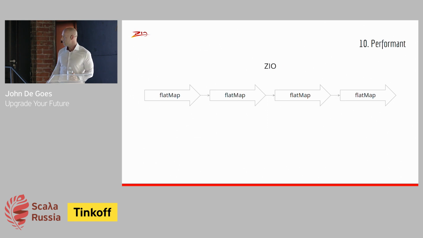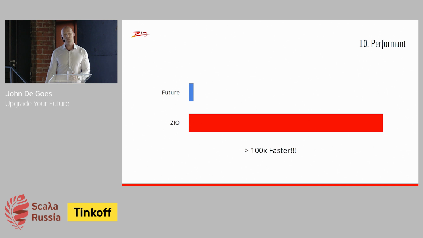ZIO, on the other hand, by default batches and allows these cores to warm up, executing a large number of operations sequentially on the exact same core before it defers to other computations that need to be run. And the end result is that you can achieve something that's 100 times faster using ZIO-based code. And that doesn't mean if you plug ZIO in, your application's actually going to be 100 times faster. This is a synthetic benchmark.